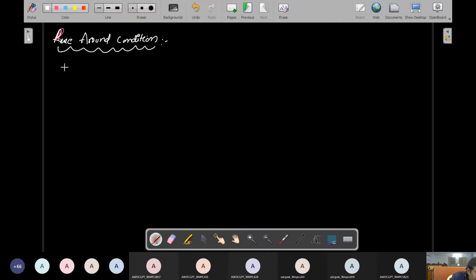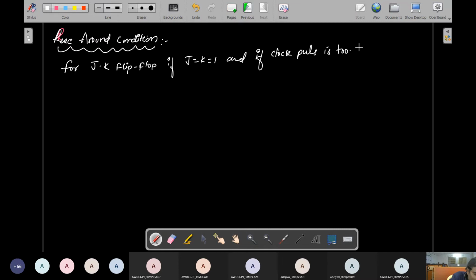Race around condition means, see, I'll write here, for JK flip flop, if J is equal to K is equal to 1, and if the clock pulse is too long, too long means it always shows high, then the state